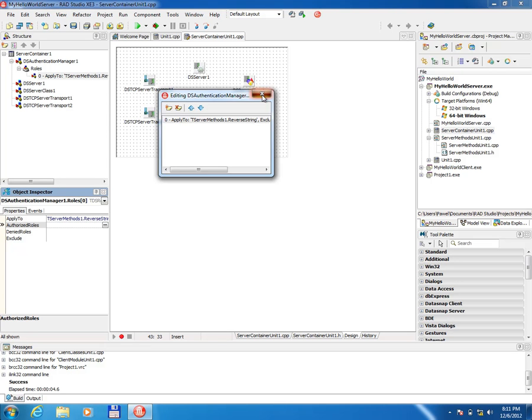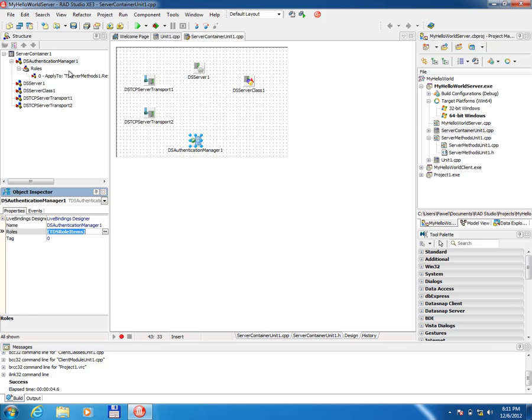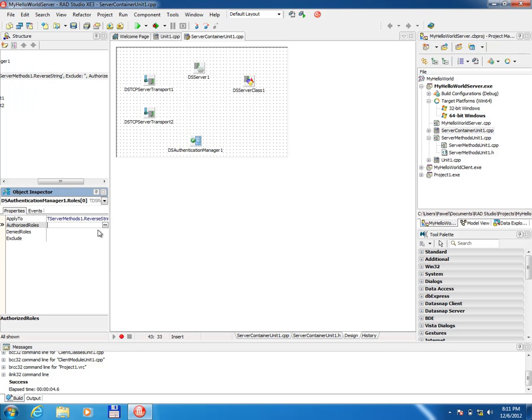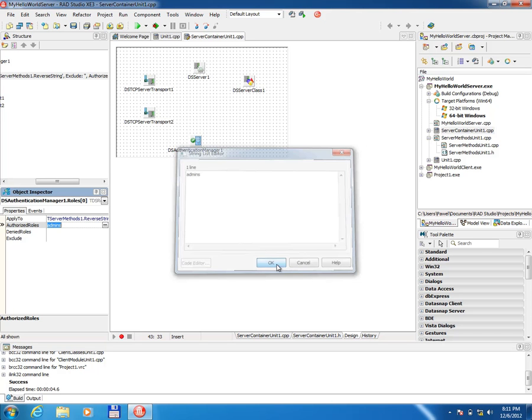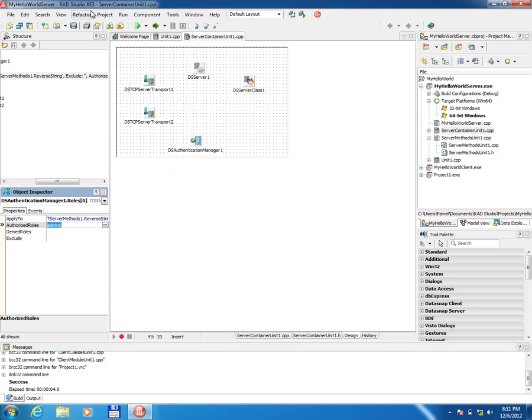Actually, I need to use this editor for it, so admins. Okay, so now I can actually go ahead and